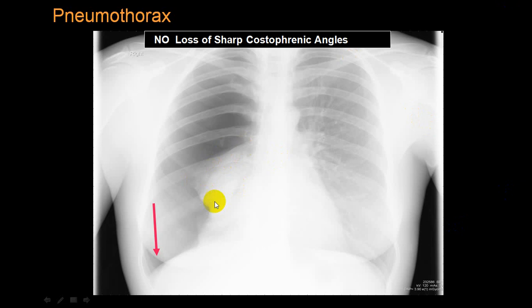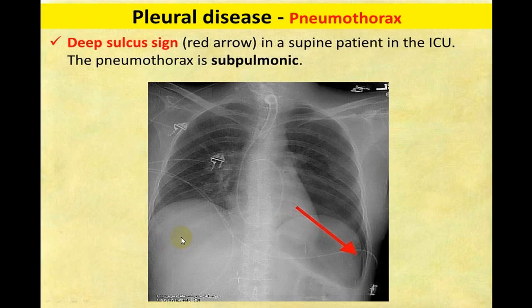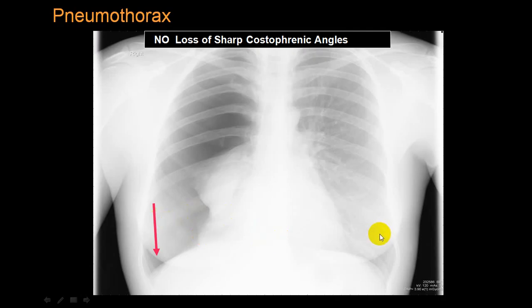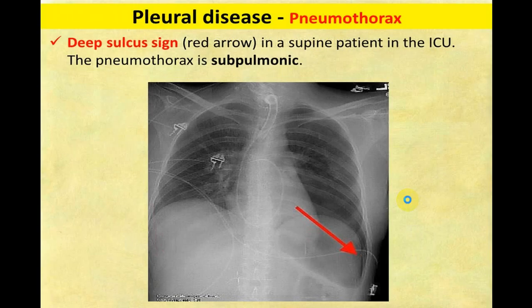You can see this is a collapsed part of the lung border. You see this area, there are vascular markings. Here there are no vascular markings. So this is radiolucency. If you look at this, this is because of a breast tissue. And this is the angle. This is the angle. So this is because of a pneumothorax. So don't mistake this for a consolidation. And so this is right side pneumothorax. You can see a deep sulcus sign. This is left side pneumothorax.